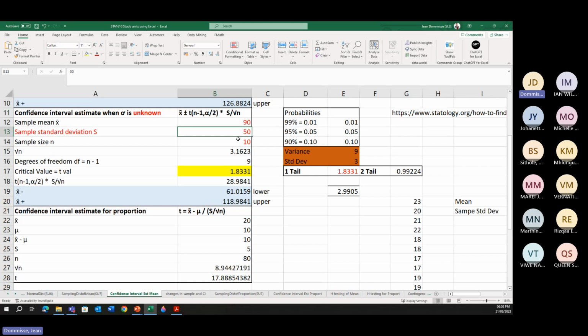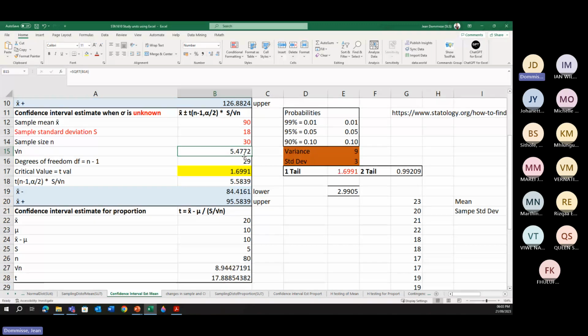Okay, so that automatically changes. My sample standard deviation was 18. Okay, so that was the 2. Sample size was 50. Okay, so that's fine because that's just how we're going to use it. Degrees of freedom. Okay, so that was, okay, so let's just quickly check that should change